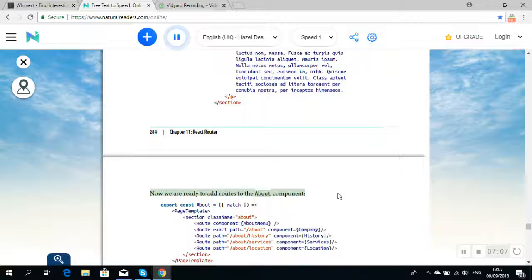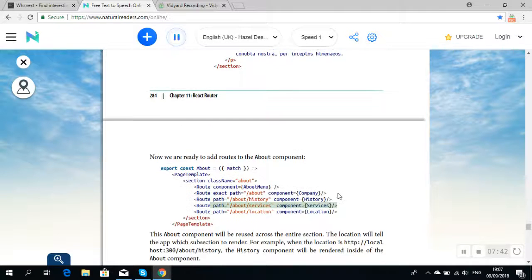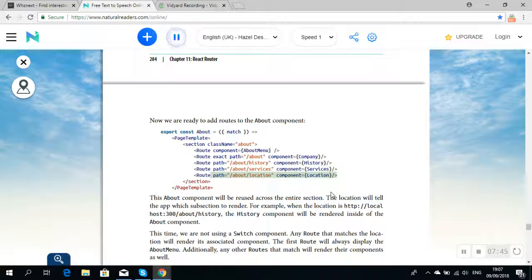Now we are ready to add routes to the About component. export const About = ({match}) => ( <div className='about'> <Route component={AboutMenu} /> <Route exact path='/about' component={Company} /> <Route path='/about/history' component={History} /> <Route path='/about/services' component={Services} /> <Route path='/about/location' component={Location} />